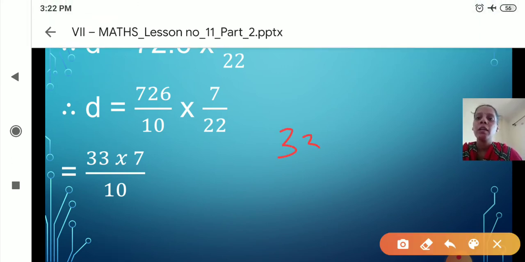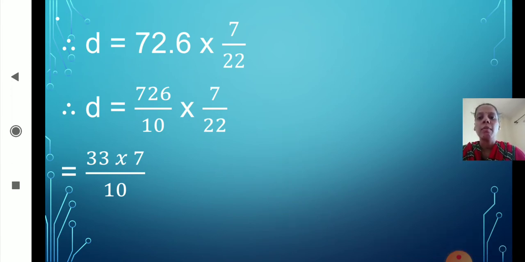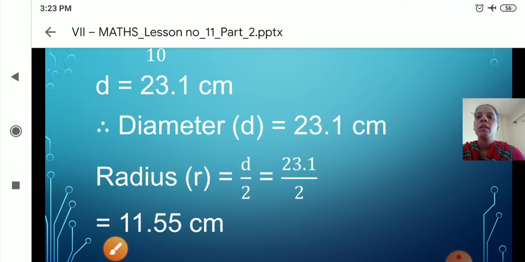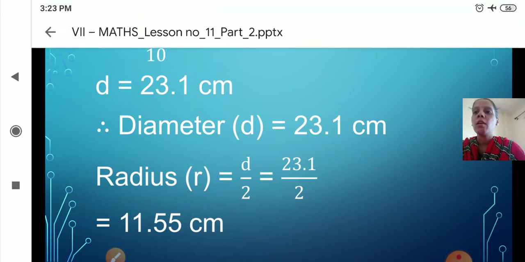33 into 7. That is 7 3s are 21. 1 here, 2 carrying. 7 3s are 21, 22, 23. So we got the answer, that is 231. So 33 multiplied by 7 is 231. So in the next step, in the numerator we have written 231. Yes. Now